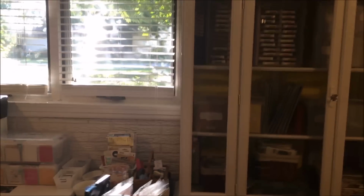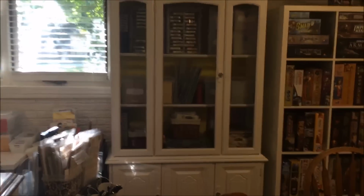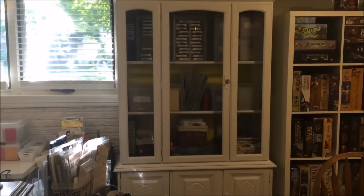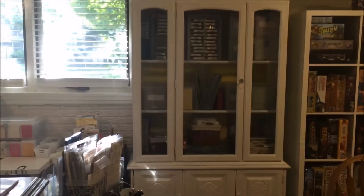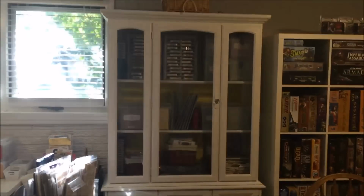I'm gonna back up here so you can see my hutch. This is my hutch that I painted. It was a dark brown, and it had this weird lattice work stuff in the windows. Sorry about that, my tripod is falling apart here. Okay, so that is my hutch, and what I have stored in there is on the top shelf